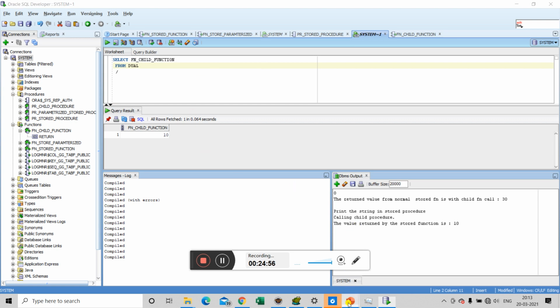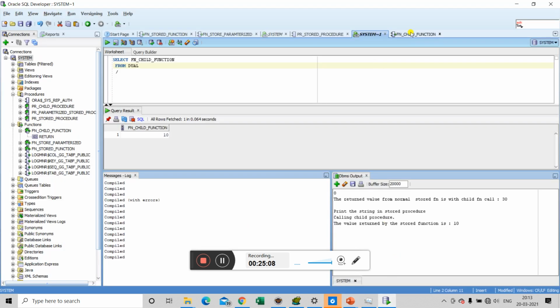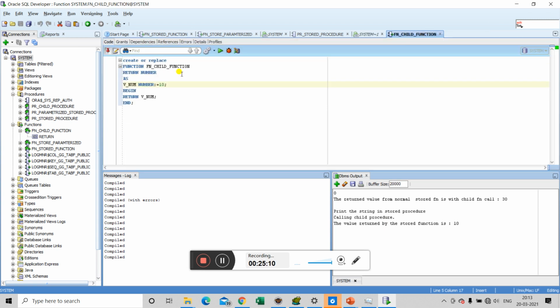So now that we have covered our calling part, let's move forward to the next section, that is how to get more than one value out of a stored function. As you can see, while creating a stored function, we have declared that this particular function will be returning a number value, and we have actually returned it using the return statement.